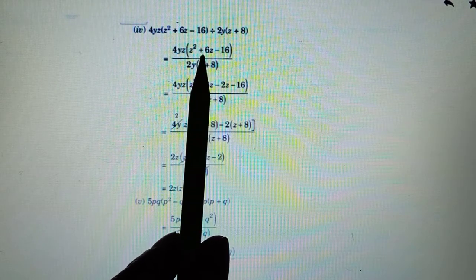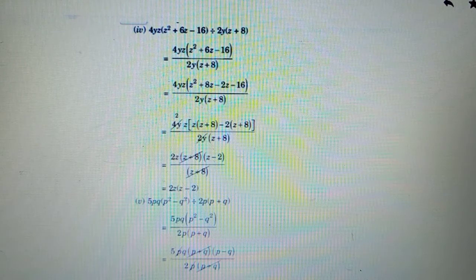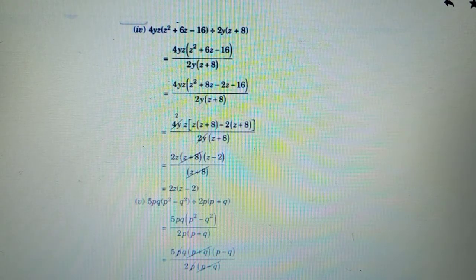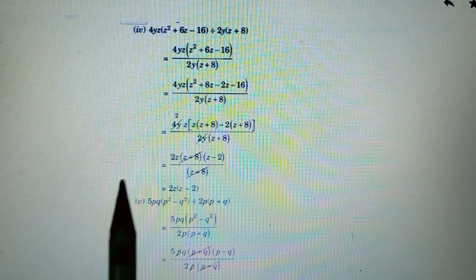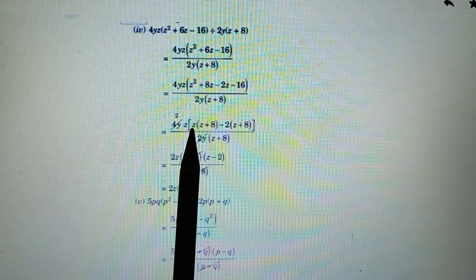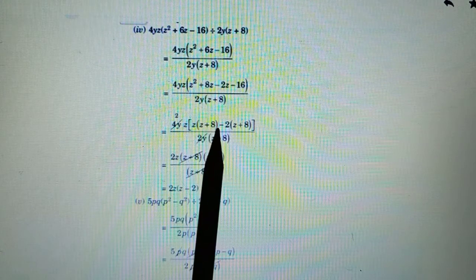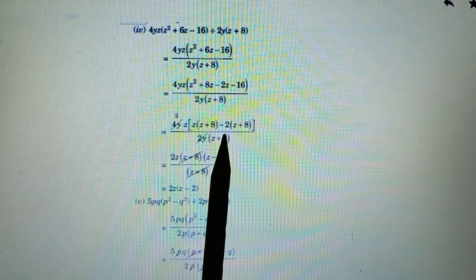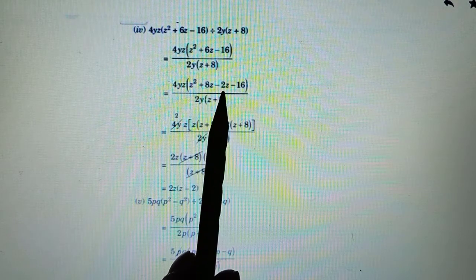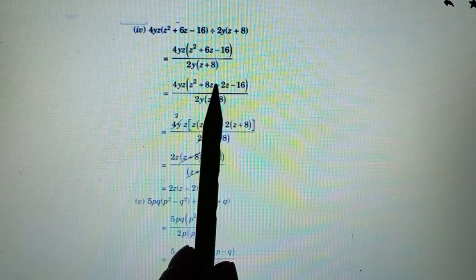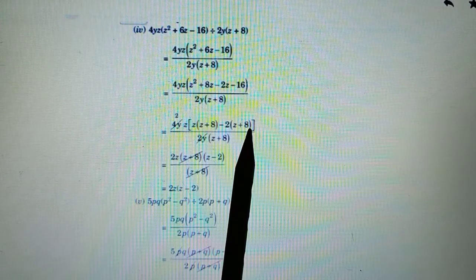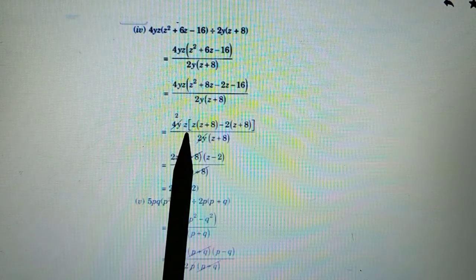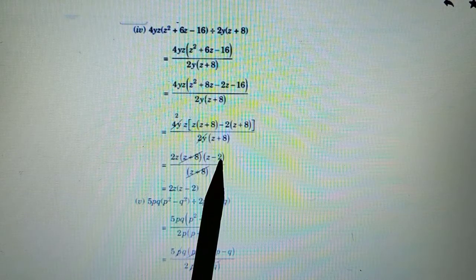So we'll split this middle term. Okay, so z square plus 6z will be written as 8z minus 2z. All right, so if we are doing that, then from the first two we are getting z common, and z plus 8 remaining. Z remains from here, 8 from here. Then we are taking minus 2 common. So from minus 2, out here minus 2 gone, z remains. From here minus and 2 gone, 8 2s is 16, so 8 remains. Again we've got z plus 8 which can be taken common. So here z remains, here minus 2 remains.